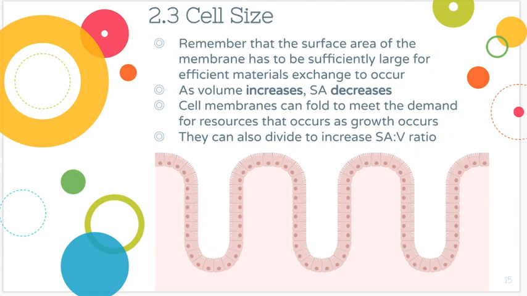And so the relationship you need to make sure that you understand, besides the surface area to volume ratio and radius if the cell is spherical, is that as the volume increases, the surface area decreases. And cells have ways of adapting and being adapted to help themselves achieve a higher surface area to volume ratio. One of the things that can happen is that cell membranes can fold. If you notice with the previous slide with the mitochondrion, the membranes on the inside were way folded up, right? Cells also can have extensions,